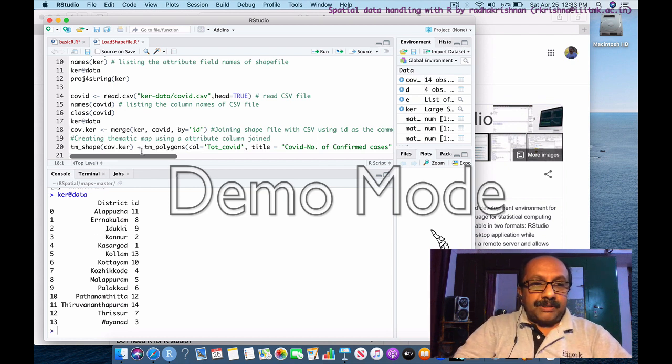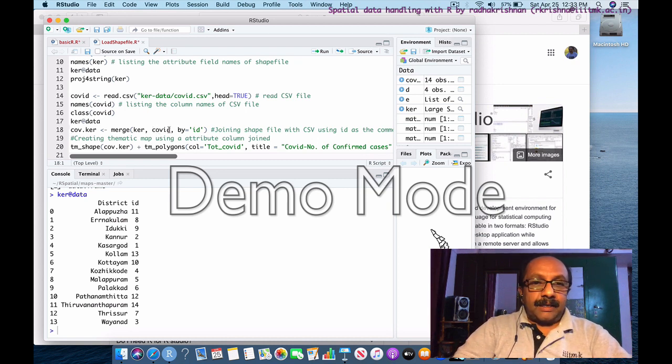Now I am going to merge this. So the command is, you give a variable name. I am calling it cov.ker, the arrow sign for assigning, and the function is merge. Within the brackets, to which data you are going to merge, that is the target data. So target data is KER, and which data you are going to consume for merging?